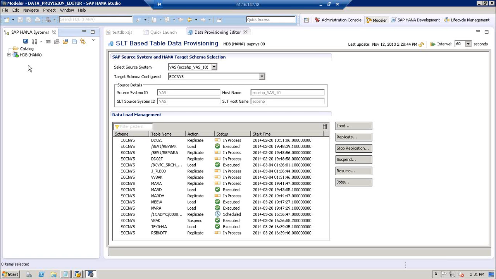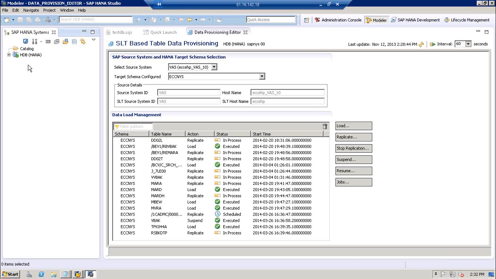For SLT, there is a transaction code, LTR. There you have a wizard basically, with dashboard and monitoring. There you have to configure it, and it will ask you what schema you want to use. I'll say test SLT. Fine, I'm going to use test SLT. So when you are extracting the data from ECC using SLT, it will create a schema in HANA called test SLT, and there it will store the data. It all depends on the configuration you do in the SLT server. That configuration will determine where you want to store the data.